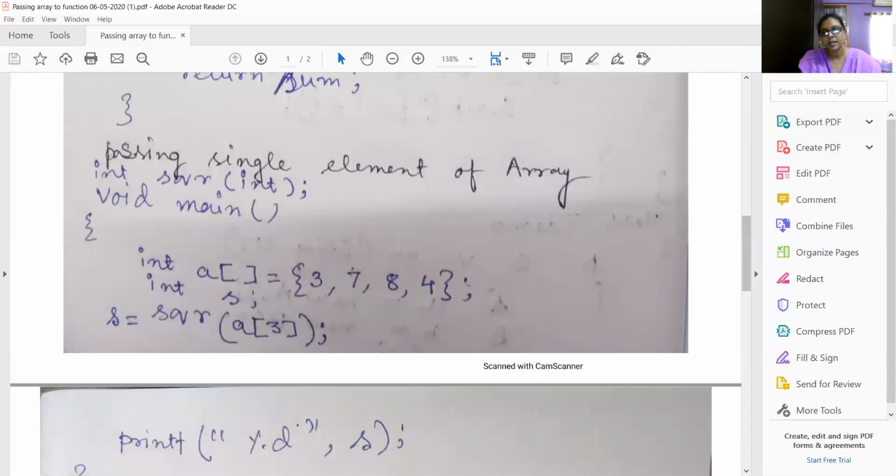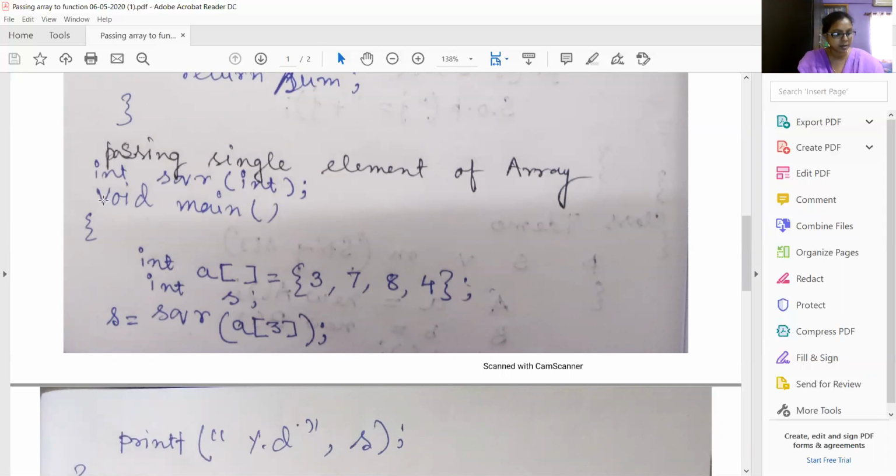So how to pass an array is now clear to you. Now you can also pass a single element from an array. How? If it is an integer array, then a single element of the array will be an integer, so it is written as int within the prototype. Then sqr, suppose the user-defined function name, after doing the operation will return an integer value, so the return type is also integer.